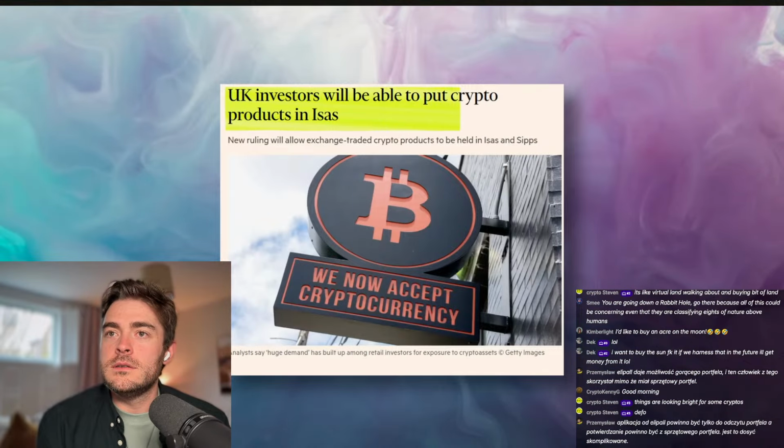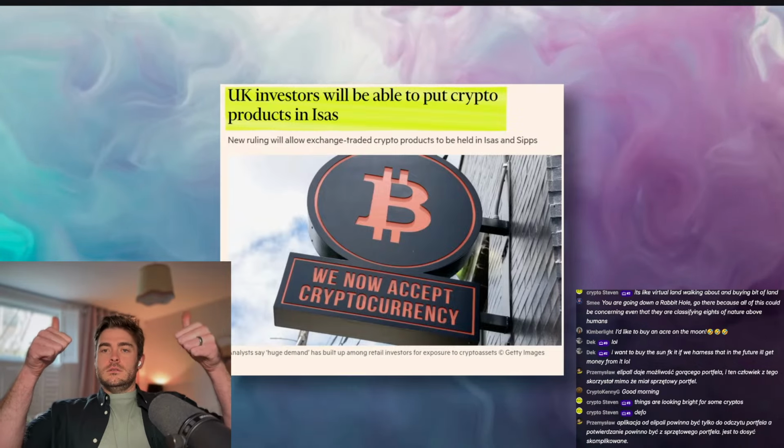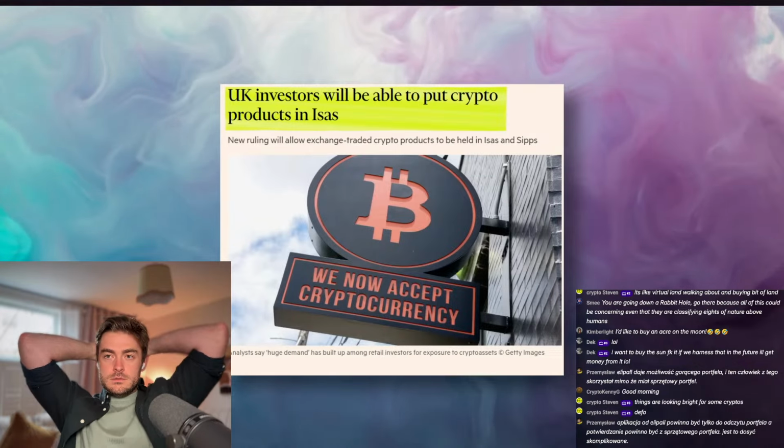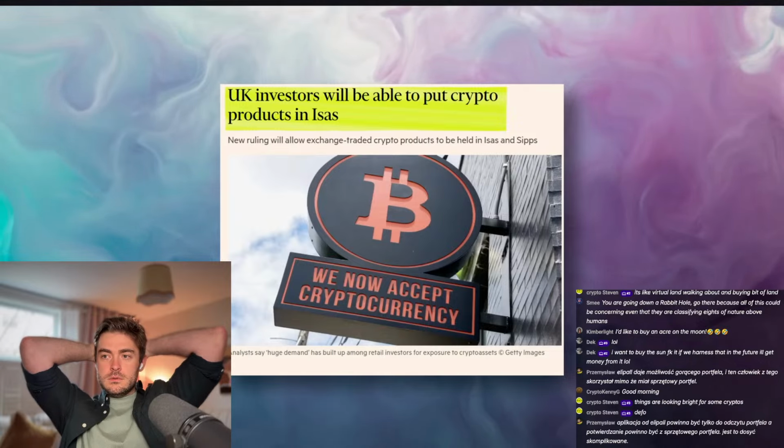To them, which most should do. However, there's also a bit of a catch and a couple of other points that I wanted to clarify, as it's not all straightforward and perfectly simple. So as a very quick recap, the Financial Conduct Authority basically lifted their ban on crypto products from the 8th of October. This meant that retail investors like you and me could buy these types of investments and put them inside of whatever accounts we like.